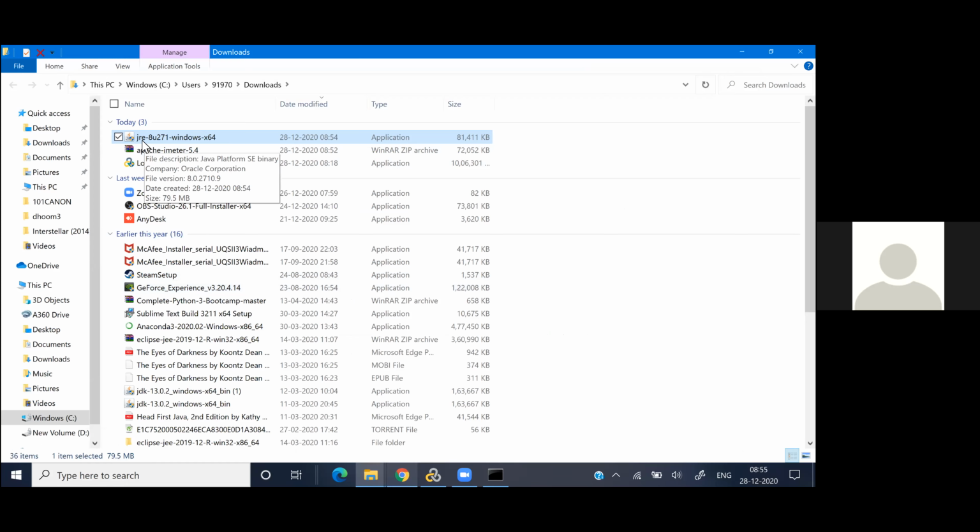You can see here JRE, which stands for Java Runtime Environment. 8u271 means Java 8, and this is the subversion, update 271. U means update. And Windows x64 means this is for Windows 64-bit Java.